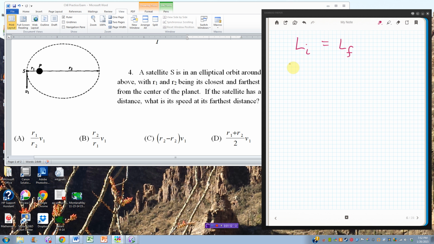And angular momentum is I omega. So I'm going to have initial I times initial omega should equal final I times final omega as well. Okay? You might be thinking, where are these R's and these V's coming from? Well, they're coming from this. I for a point, and that's how we can pretend a planet or a satellite is a point, because their personal radius is much smaller than the radius to the thing you're orbiting. For a point, it's m r squared. So this is going to be r1 squared. And then omega